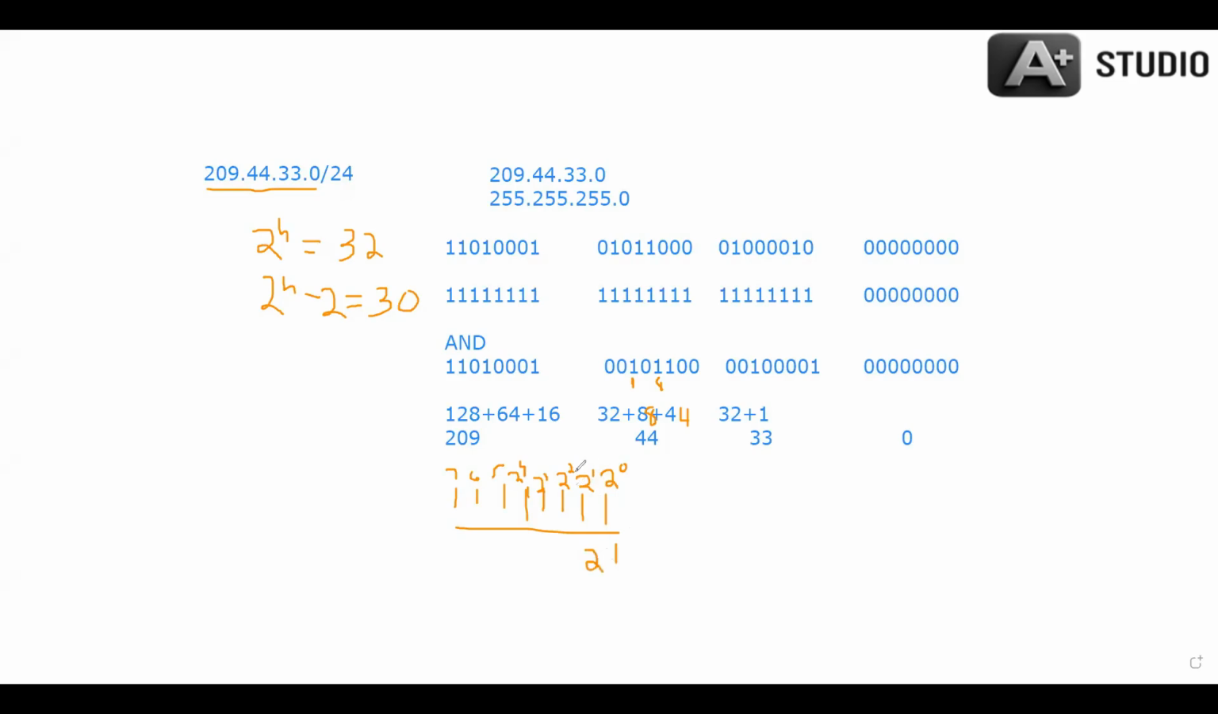Okay, and then 2 to the power 2 is 4. Okay, 2 to the power 3 is 8. And then 2 to the power 4 is 16. Raised to the power 5 is 32. Raised to the power 6 is 64. Raised to the power 7 is 128. So when we count this, realize that we have